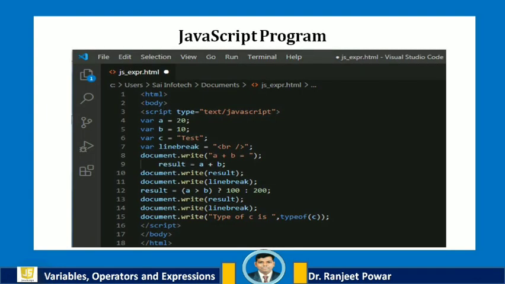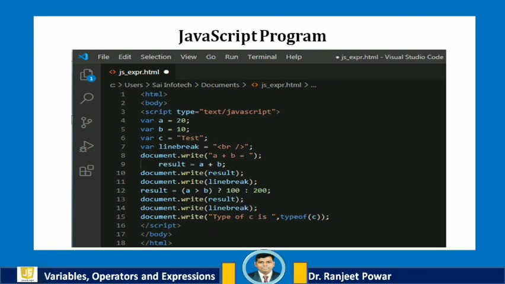Here you can see one JavaScript program. It includes all parts of our discussion in this video. These are values, variables, operators, and expressions in JavaScript. In a script tag, variables A, B, and C are declared.